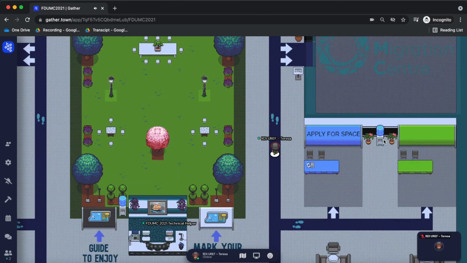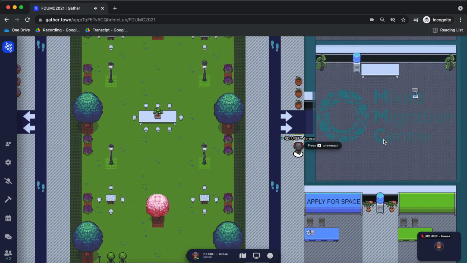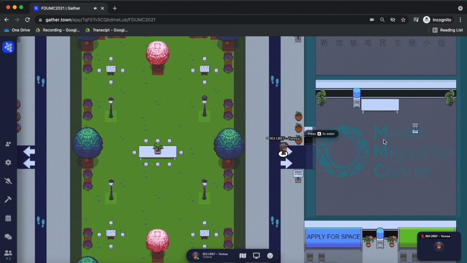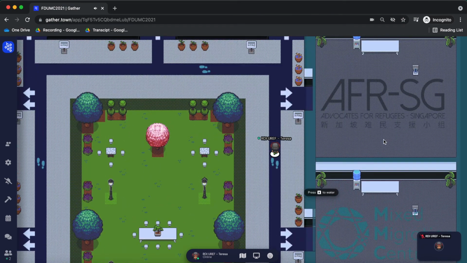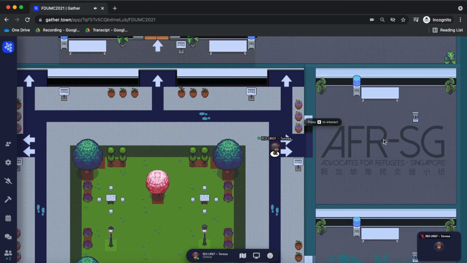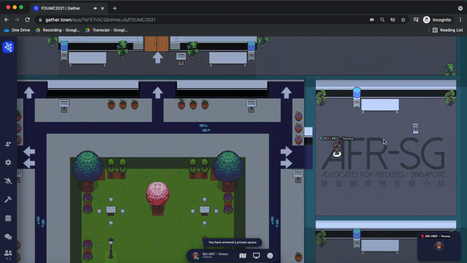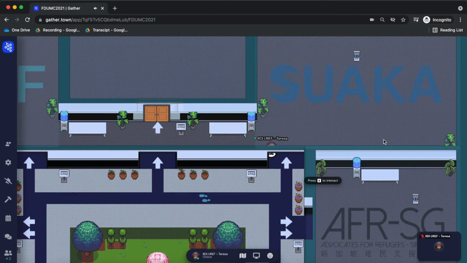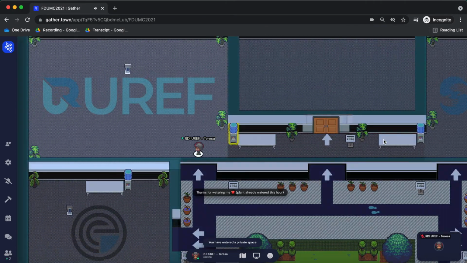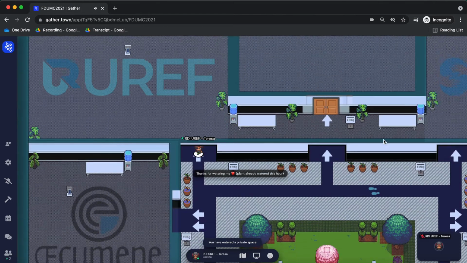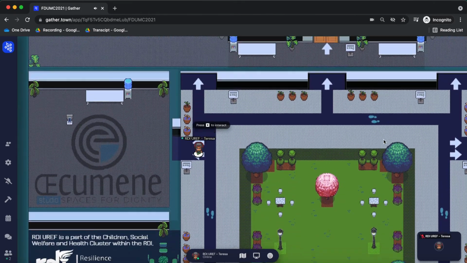Within those rooms and booths, you will see the organization information and you will meet at least one representative per organization that is able to communicate with you. Now let's go around this space. And please note that this space utilized for making the tutorial is unfinished, and you will actually be able to see more of the space during the conference day.